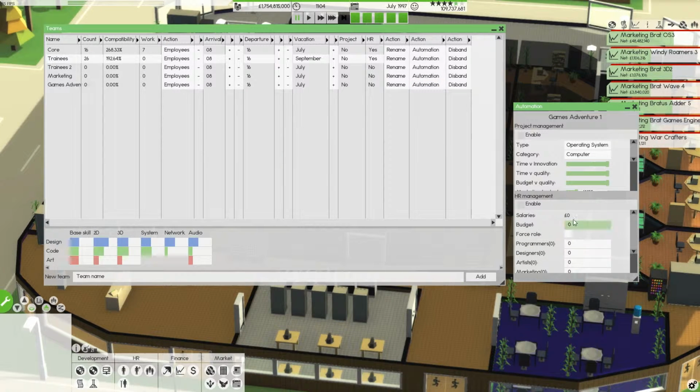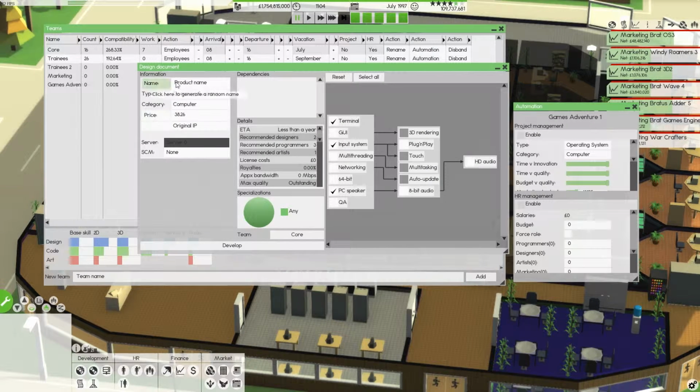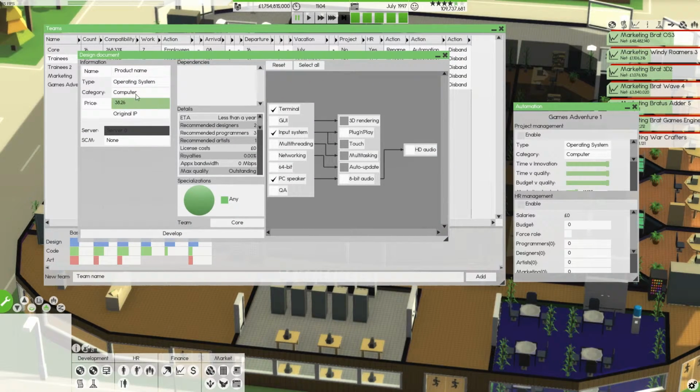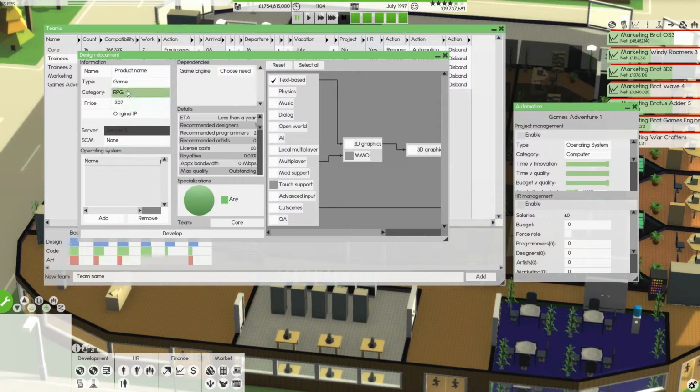Under the automation for that, we know how many programmers, designers and artists you need in that team, and what I'm going to do is specific. I'm going to actually do this using the system here. I can look at what it needs to make an adventure game with everything I can do. So if I tick every box here,